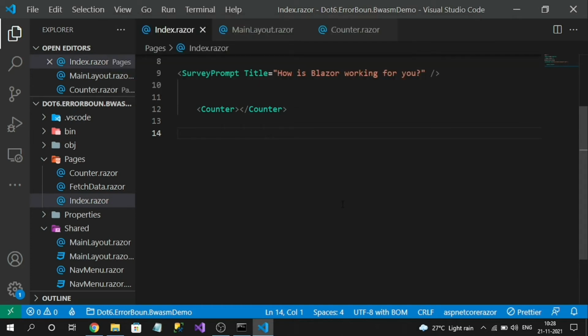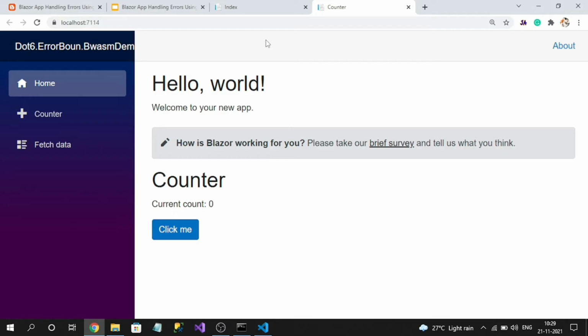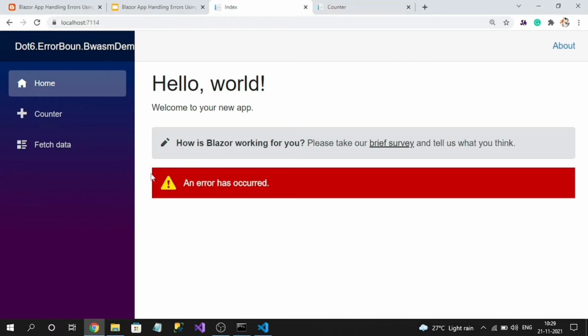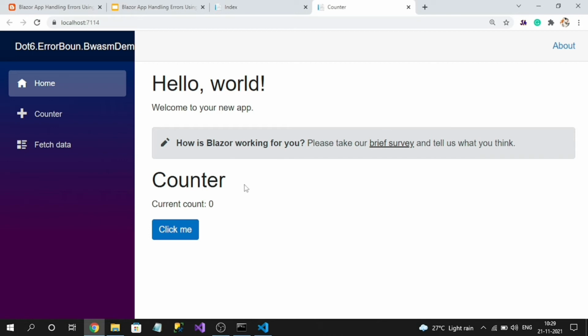So now run and test. Okay, so I have loaded my page again. If you observe, only a specific area is displaying the message, right? Because hello world and this survey component, everything was displaying when I did it for component level. Now I am doing it for page level, right? See how it will show.